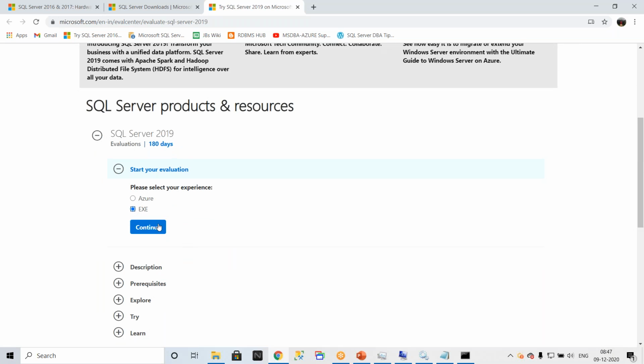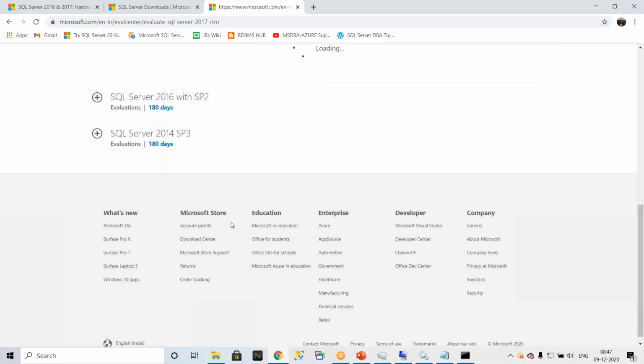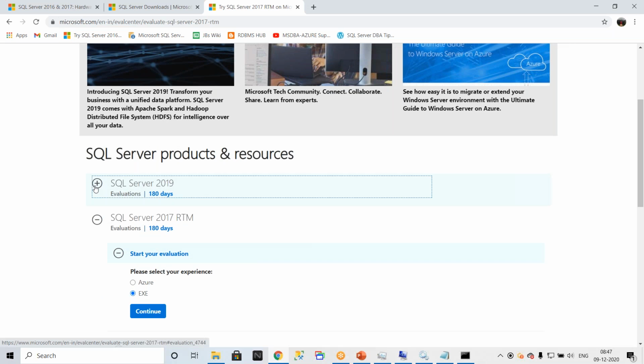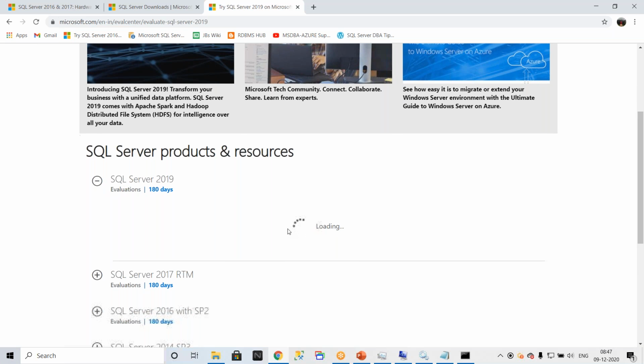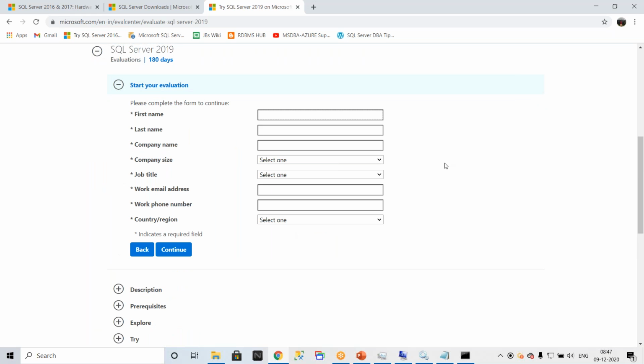Click on continue. You can download all the versions and keep them handy. This is the link where you can download 2014, 2016, 2017, and 2019. Just extend this one, click on the executable file, go to continue, and provide your name. So for example,